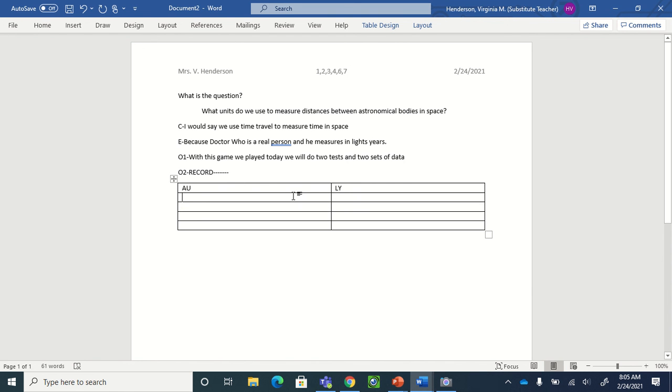So for astronomical units, when we're looking at our cards, we're going to put in information. I'm going to take the caps lock off. I'm going to say Earth to Jupiter's moon, make sure it says moon, and then LY. The first one says Earth to the star. Oh, we've seen this one, Canis Major. I know I'm saying the word wrong because you guys know I have a speech impediment. It looks like Canis